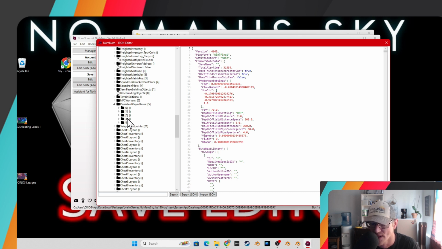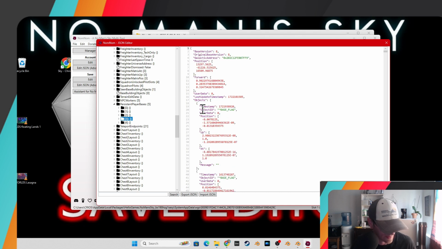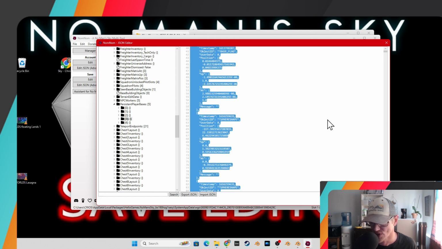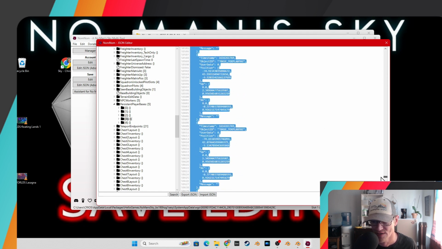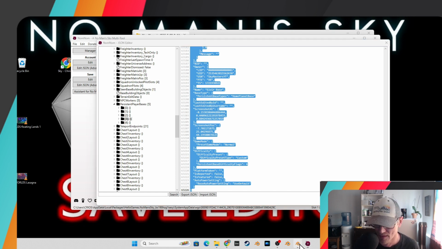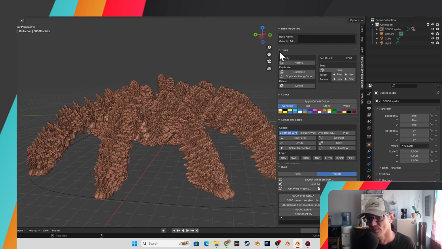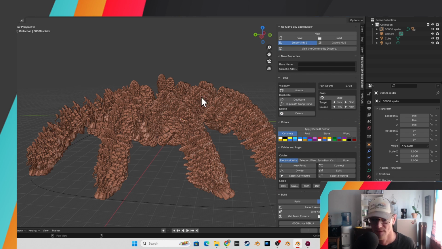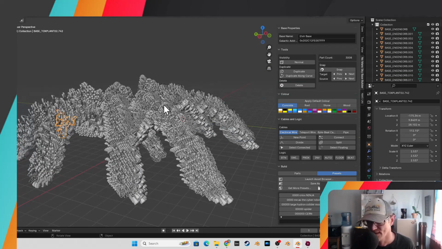So yeah, we come in here, we can highlight our base files and go check them out and be able to put these things into Blender. So yeah, this is my Elvery base. We can go ahead and Control C that. I can come over into Blender and let's go into import, give that a moment. And now we can see that I've got